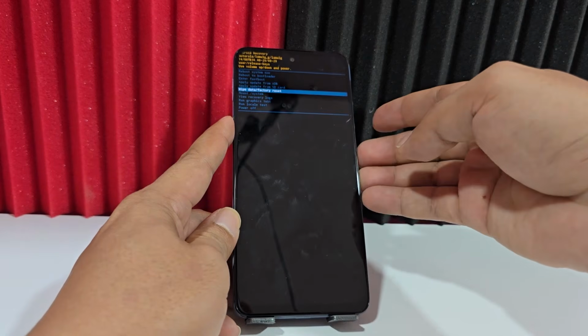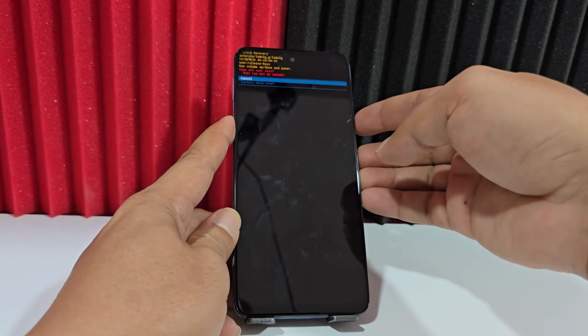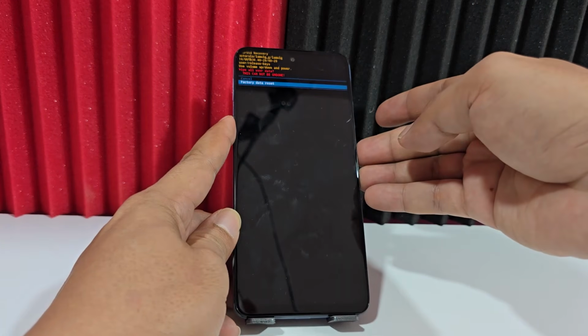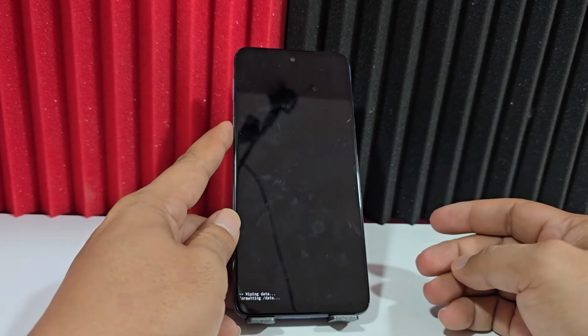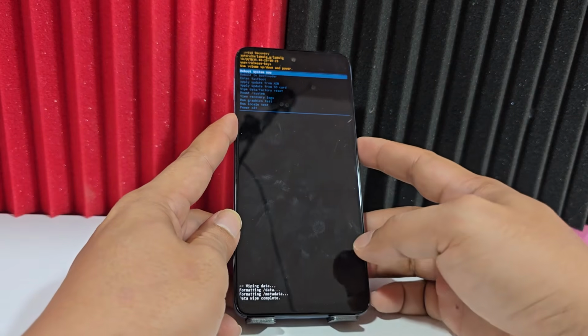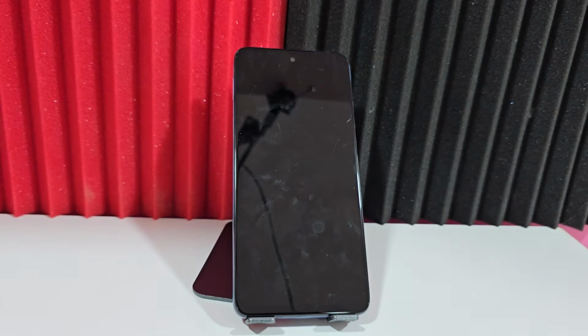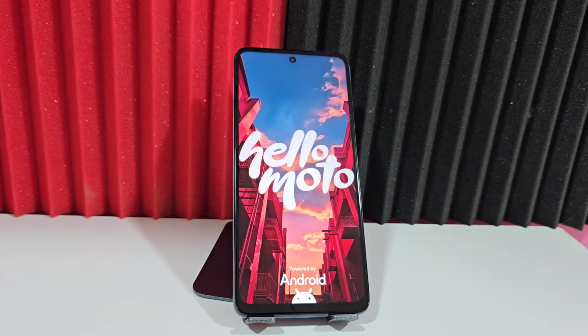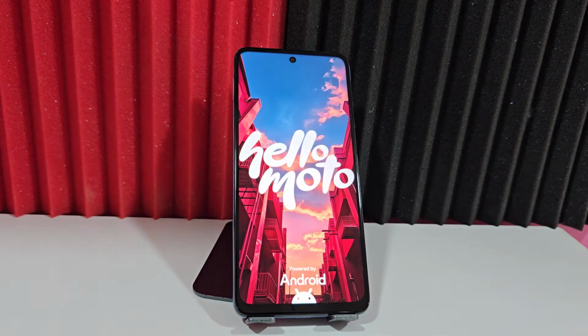Now we go here where it says wipe data factory reset with power. Go down and select factory data reset and now the phone will be resetting. We press the power button so that our phone restarts correctly. When our phone restarts correctly, we will wait for our